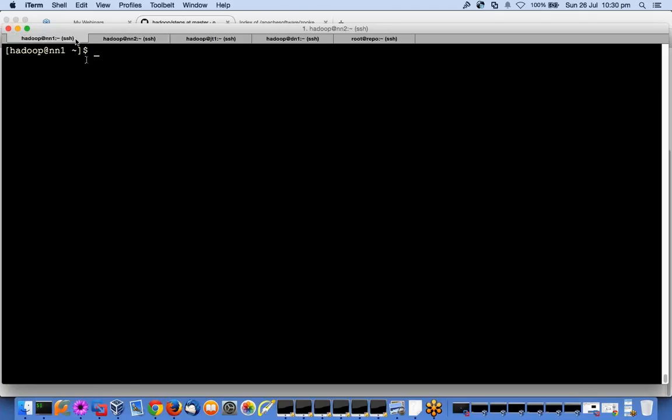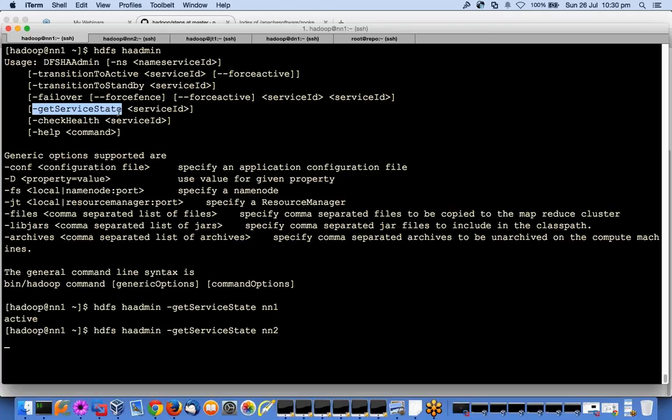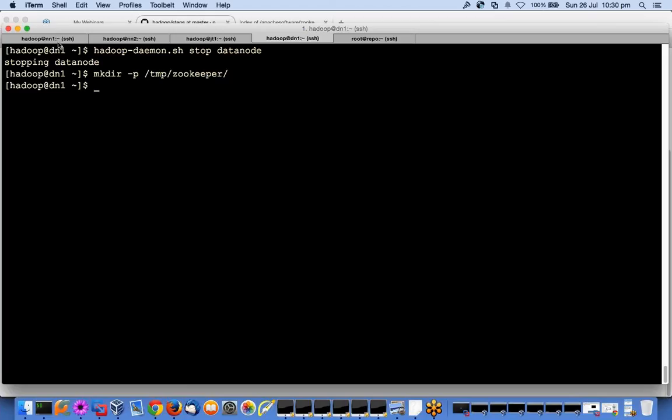So if I go to any of the machines now, I say hdfs haadmin, and then one, active, and then two, standby, right? And this data node, let me show you,